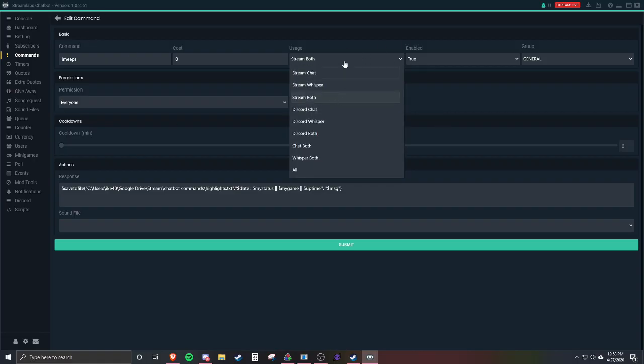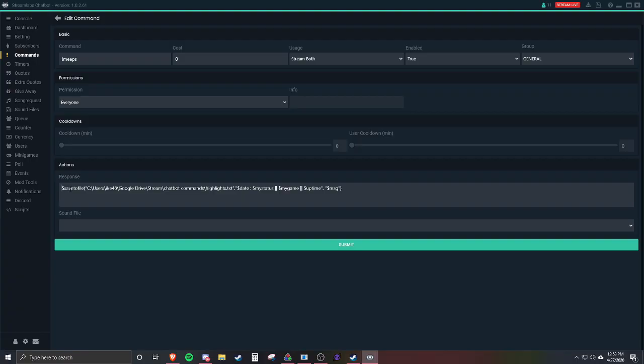Another cool thing about the command is you can have it done in the stream chat or in the whispers. So right now you could whisper my bot and it would use this command. The command, again, is just exclamation mark meeps. And what it's going to do is it's going to save to a file, and then you're going to put in,